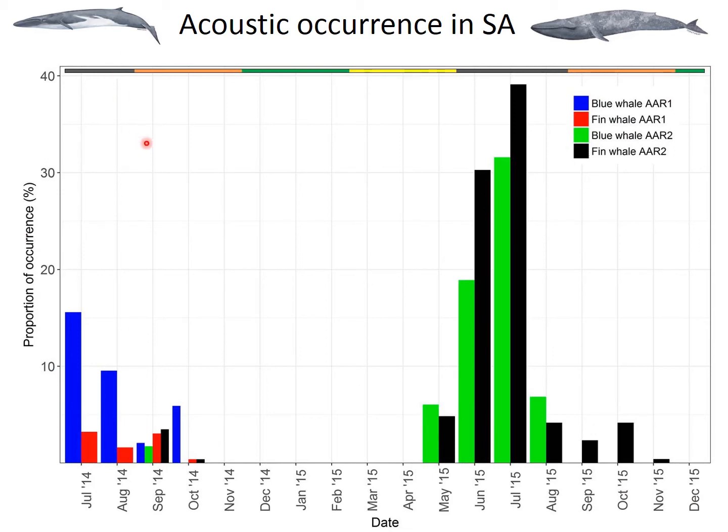For blue whale proportion of occurrence over time, we saw in 2014 that the occurrence was high in June, July, August until September. That's when we stopped recording. The same was true for fin whale from July to about October. And then for oral 2, which was deployed in September, it only detected blue whale sound in September. It didn't record for this year until the following year, where I started recording again. And then the peak was also around June, July.